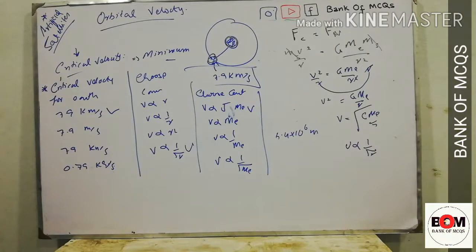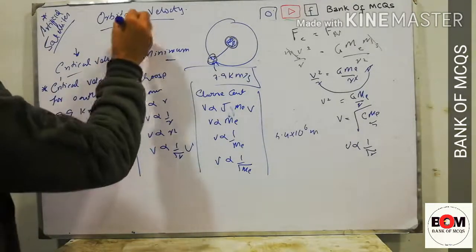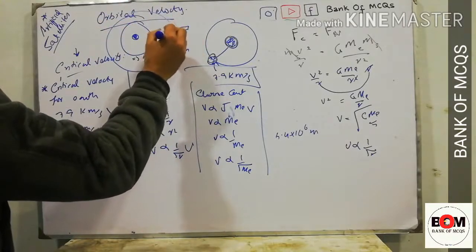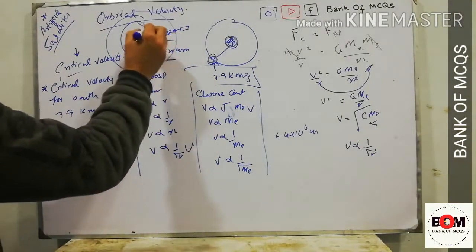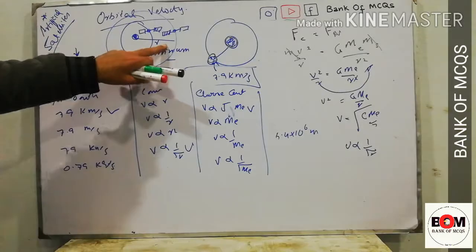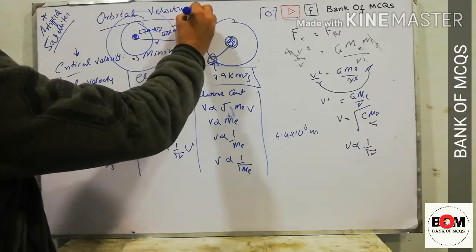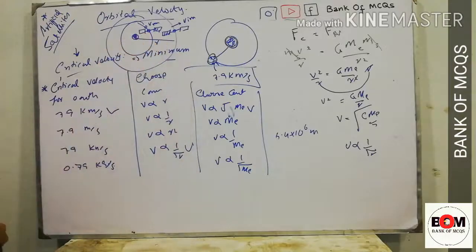A satellite in orbit moves faster when it is close to the planet. So this is the earth. There are two possible ways for a satellite to move around. If it is moving in this orbit, this is the radius r. In the other case, if it is moving in this orbit, this r is maximum, so velocity will be minimum. So farther away from the earth, its velocity is minimum, and near to the earth velocity is maximum. So the nearer to the earth, the higher the velocity of the satellite.